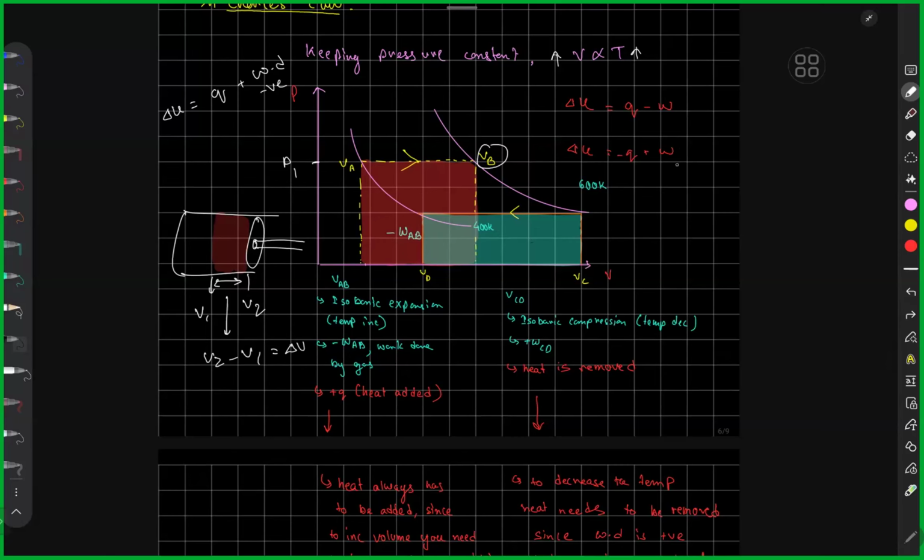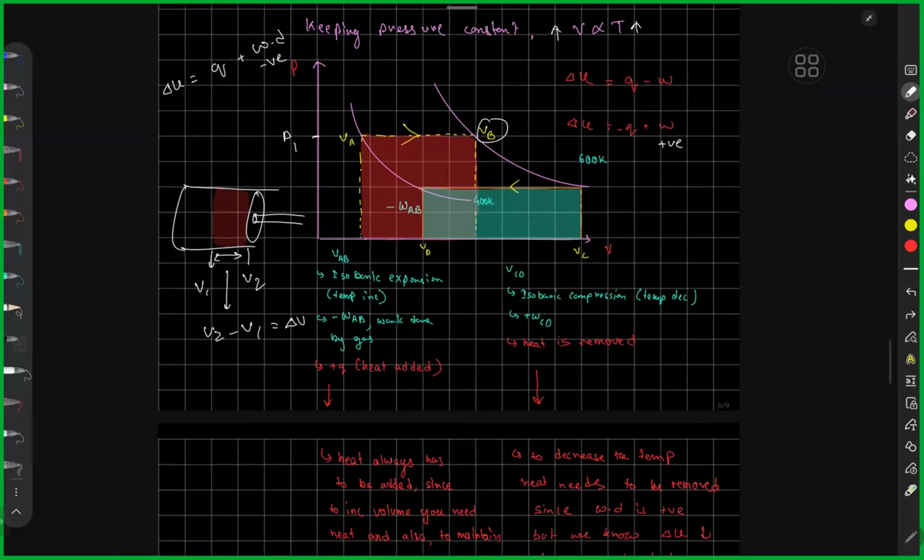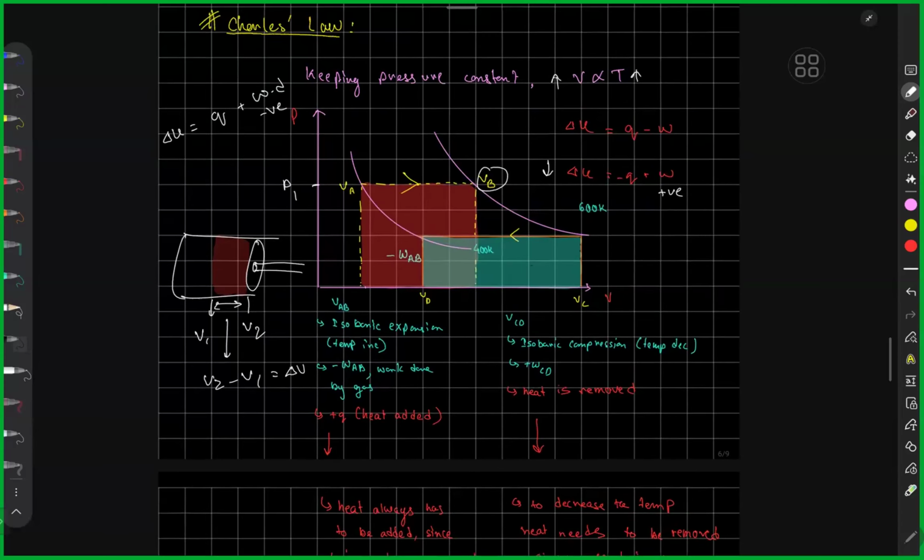My work done is positive, right? And I'm going to a lower temperature, 400 Kelvin. So internal energy must decrease. But wait, if my work done is positive, internal energy is negative, how does that make sense? That means the heat supplied should be negative. So heat must have been taken away from the system such that my change in internal energy is negative,